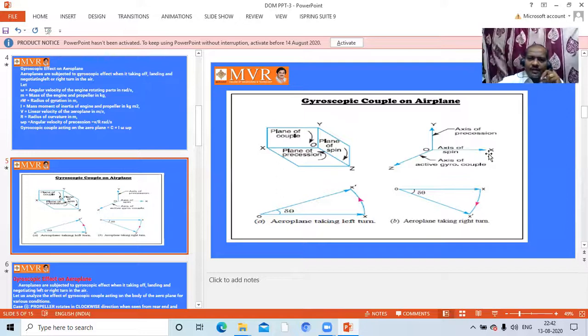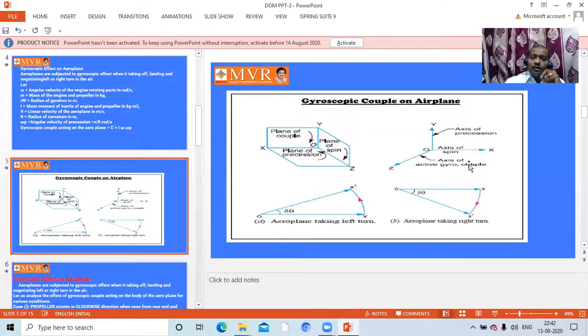So based upon the aeroplane, we have a three-coordinate system. One is the precession axis. Next one is the plane of spin. Second one is the plane of couple. Let us have the explanation of this one. For example, if the aeroplane is going to take a left turn, what happens? The displacement is going to be towards the left part, from x to x dash. If you go for a right turn, it is from x to x dash but in the opposite direction. So x is the axis of the spin. It is moving either left side or right side.